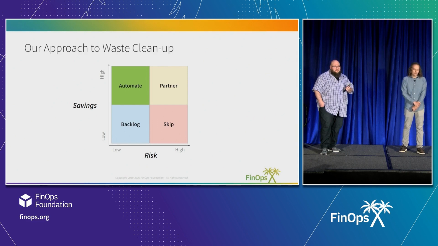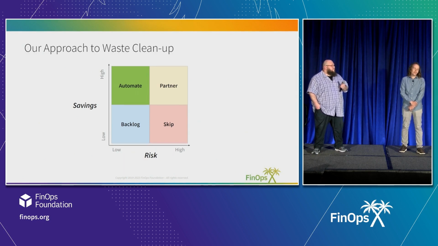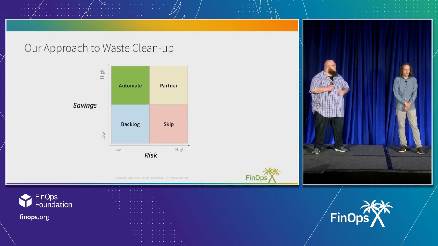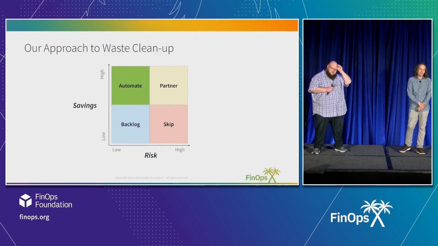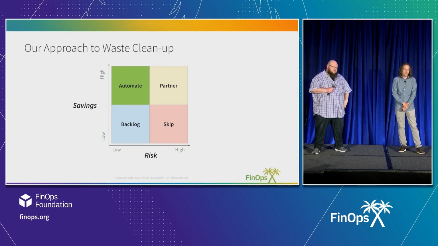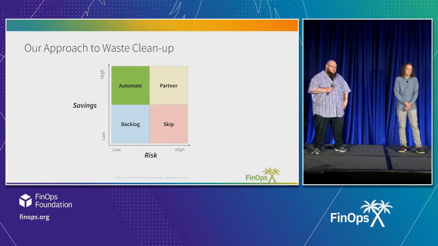And our last group is our partner group, and these things are likely very difficult to some degree to automate. Think migrating from x86 to ARM. We, as the Adobe automation team, can't just go in there and change it because we're going to break stuff. But if we put them in touch with our partner group, we have a team of engineers that are experts in that space and can go out and assist and give additional engineering resources to the owning engineering team and help them drive those waste savings.